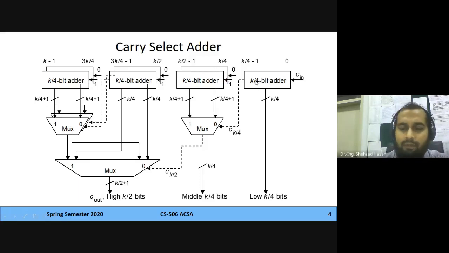So k is whatever number is there. If you're dividing by 4, you need at least 4 different k by 4 adders so that you get the final result. Now, if you divide it into two halves, you're going to see that these three, and these four are going to work at the same time. So in total, you can say that all of them are going to work at the same time. But once the result of this zero is there, the result of these are also there. Okay, now